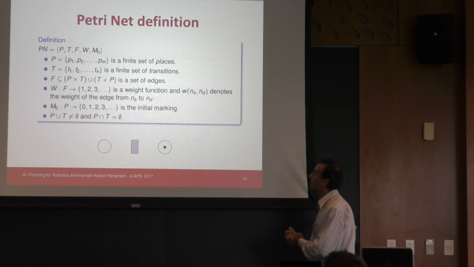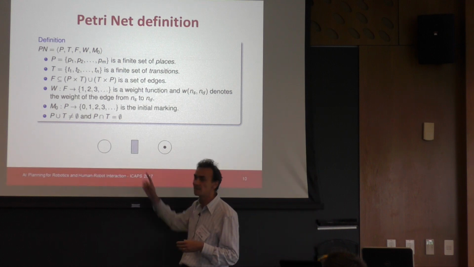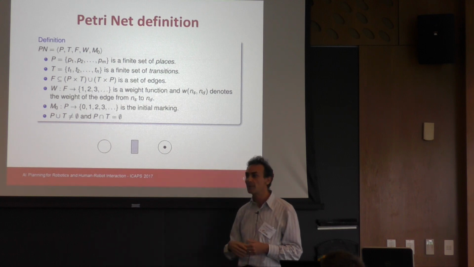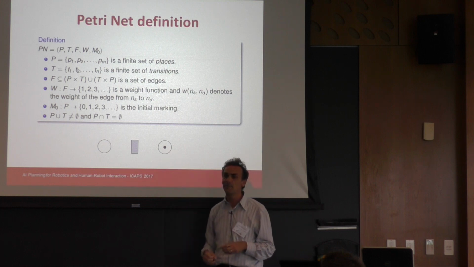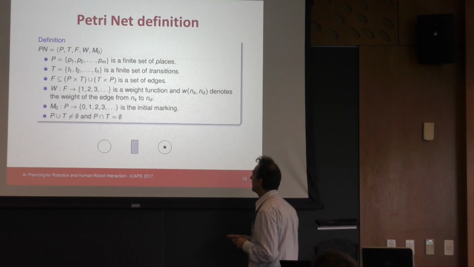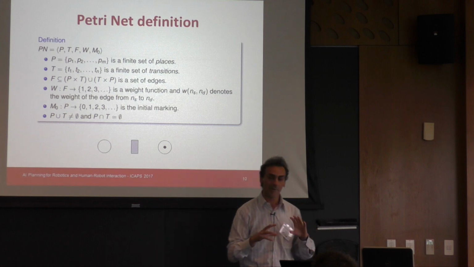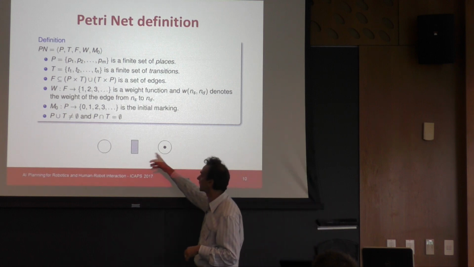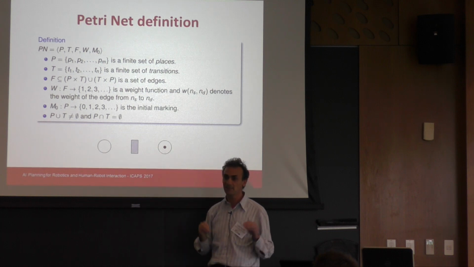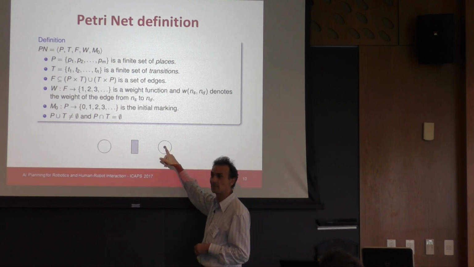So, very simple, a Petri net is a bipartite graph in which you have places and transitions, and each place is connected to a transition, each transition is connected to a place. And the concept of a Petri net is that places can be marked with markers, so the state of a Petri net is given by the presence of markers in all the places. Okay? So a Petri net is a complex structure of these items that are connected to each other, and the state is characterized by the places that have tokens in it.